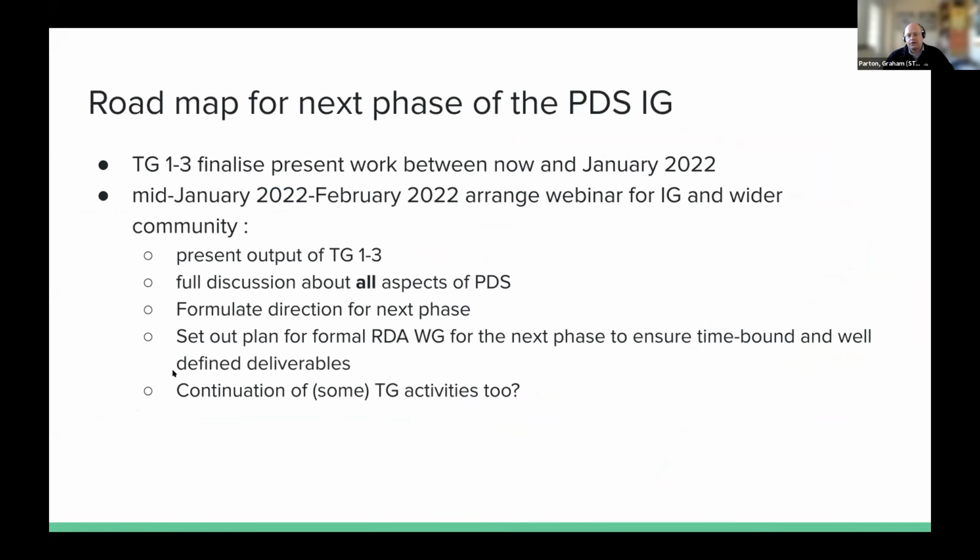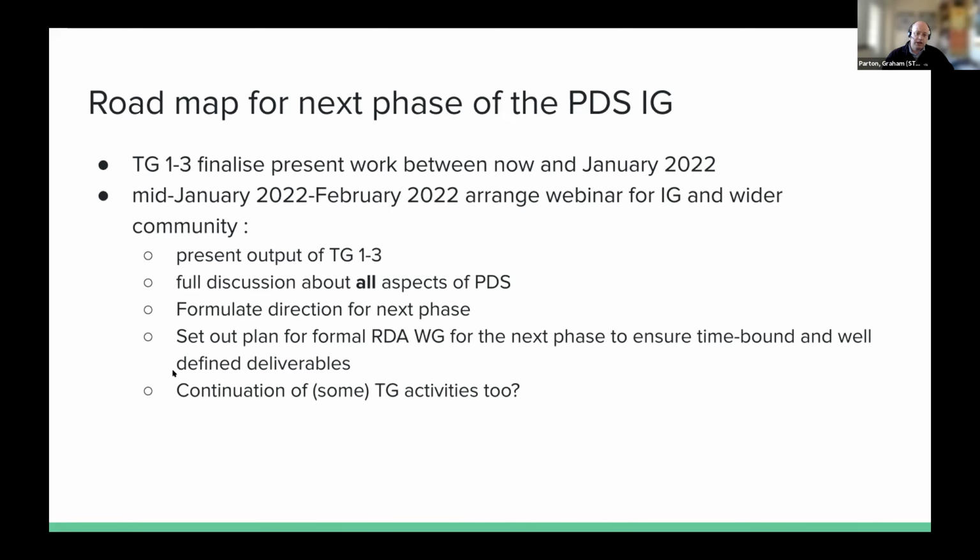I also mentioned that we're going to talk about the roadmap for the next phase of the interest group. This is something which has been discussed with the co-chairs for a few months now, building on the work of task groups 1 to 3 in particular. The aim is to bring together those strands and outputs over the next couple of months, so that around mid-January, February time, we'll arrange a webinar to bring together everybody in